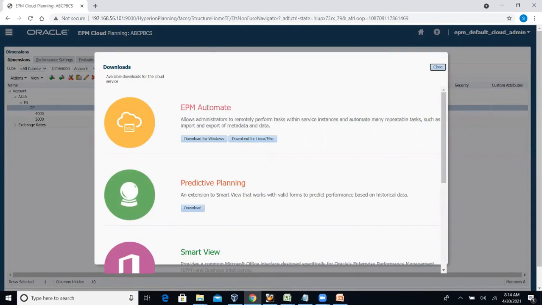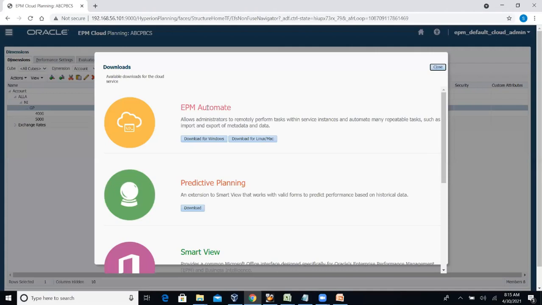EPM Automate. EPM Automate is nothing but one of the powerful tools. We can do the majority of work from here. For example, I will tell you one real-time example. If it is one or two members of data, we can use SmartView, or manually we can load the data. But every day thousands and lakhs of records are coming. We can't load manually. So at that time we will create one batch file, and we will call that file using EPM Automate and then load it into the PBCS application. For data loads, we are using EPM Automate only.